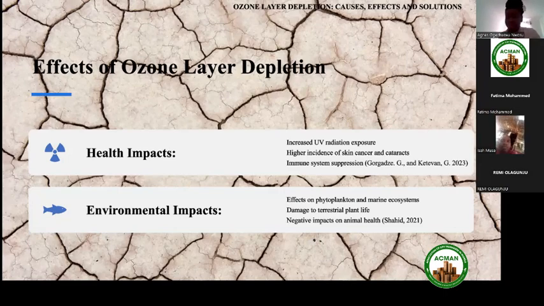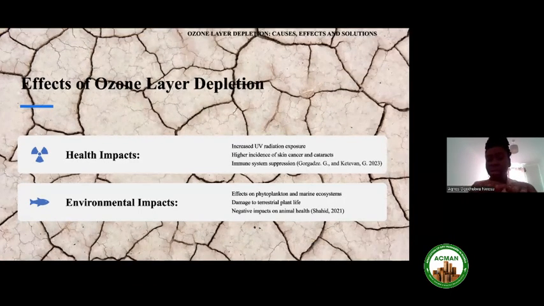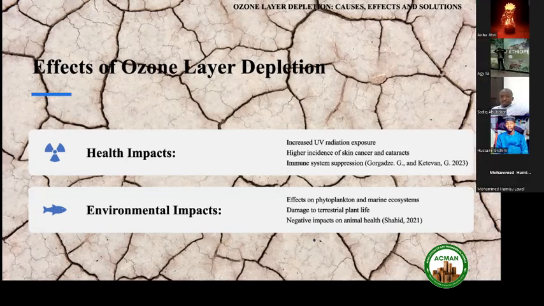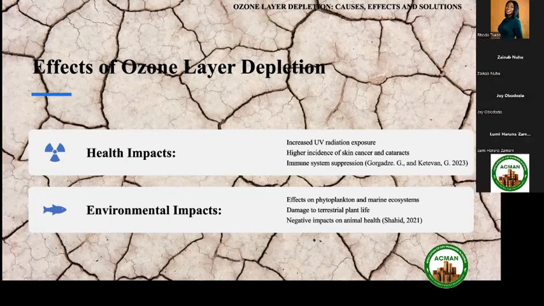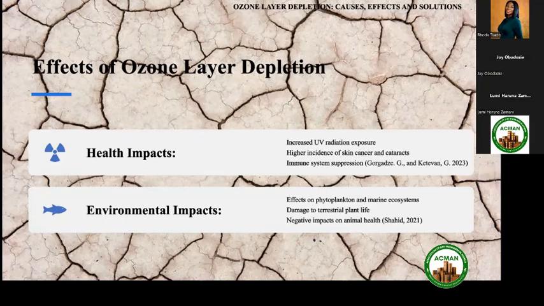On the environmental aspect, it affects phytoplankton and other marine organisms, because phytoplankton is a necessary base of the basic food chain in the marine ecosystem. Continuous exposure to UV rays kills it, reduces its potency, and affects the food chain in the marine environment. It also damages plant life. Plants no longer grow as they should. Leaves are becoming shorter, stems are becoming thinner, and the ground does not have enough nutrients to support plant growth.